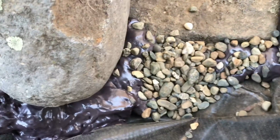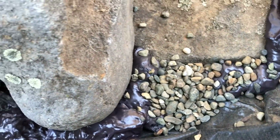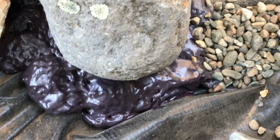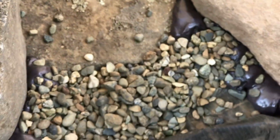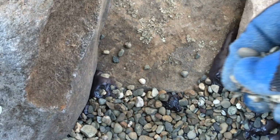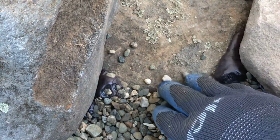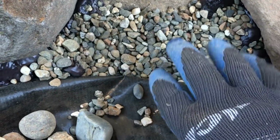This is the perfect time to add our little pea pebble. This is not only going to disguise the waterfall foam, which is gray, but it's actually going to make it look very natural. And we want that water to just pass right over the top of that. It hasn't been quite 5 minutes, but we're gonna let this pea gravel just kind of sink on that,